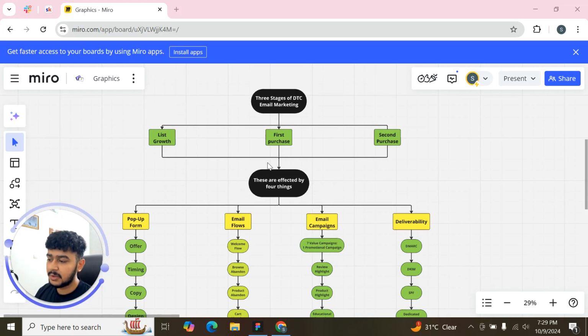So as you know, there are three stages of a customer's journey through email marketing for a D2C brand. First is the list growth. They join the list. Second is they make their first purchase. Third is they make their second purchase. And once they've made their second purchase, there is a high likelihood that they will keep buying from you again and again and again. So it is really important for us to drive them to that second purchase, and these flows are gonna be an important part of it because they target customers at every single stage of their customer